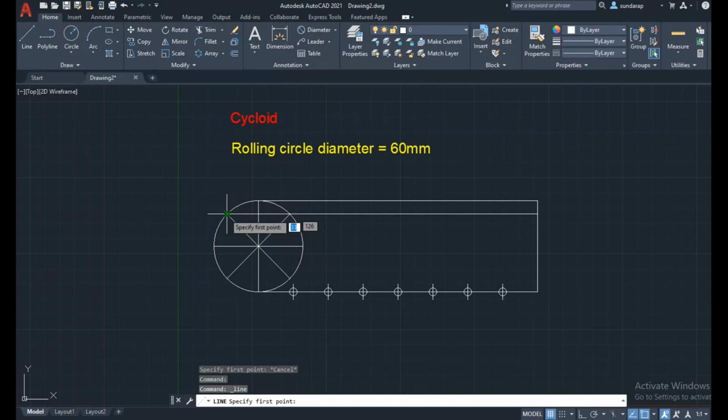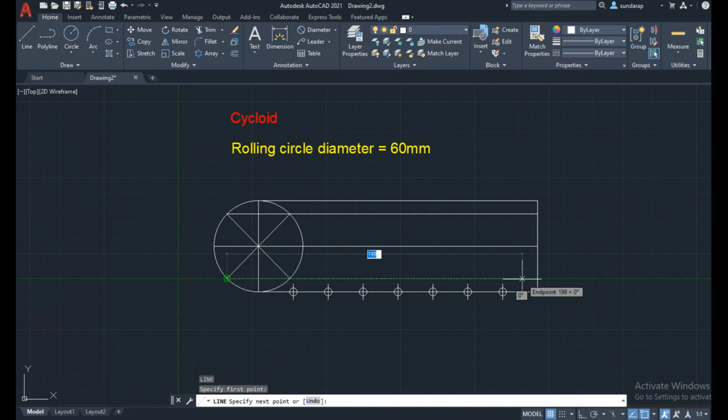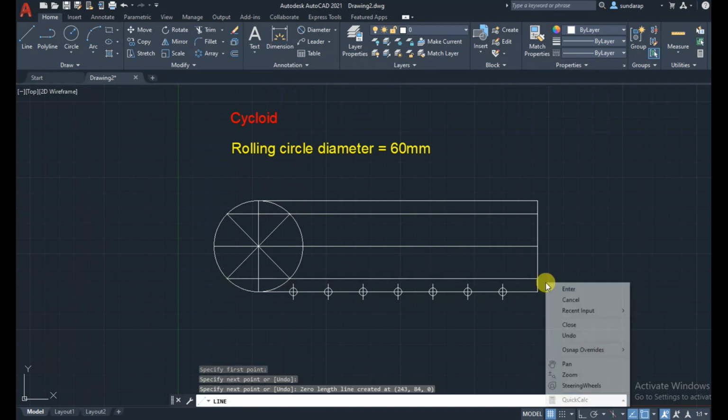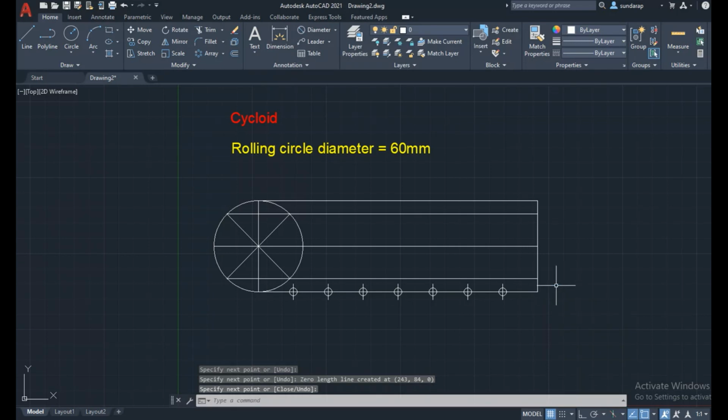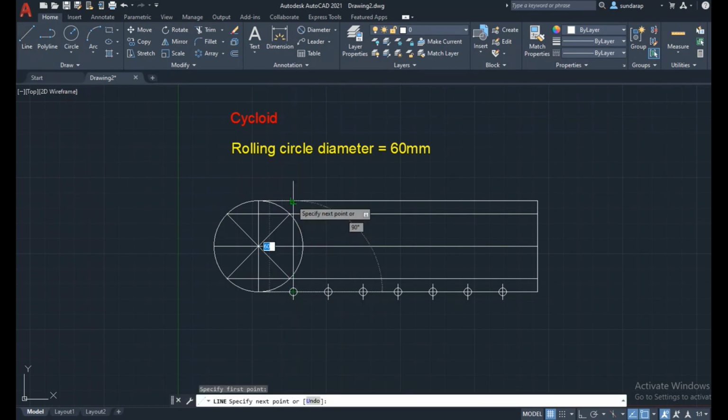Similarly, this is the first one, so this is the second circumference. So here also you can draw the third one. Draw the third circumference length. Then similarly you can draw the vertical lines from the baseline points. Okay, draw the vertical line from the baseline point at the same length as the radius of the circle.